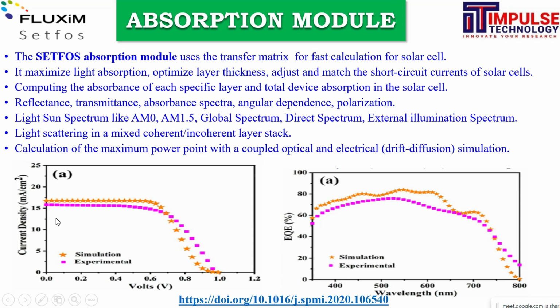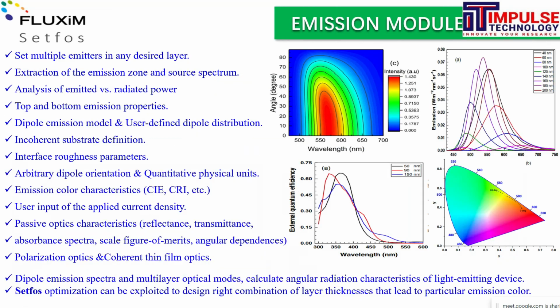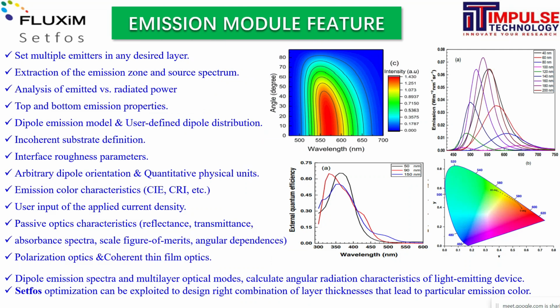So either current density, power conversion efficiency or quantum efficiency, you can get accurate results. That's why the theory-based prediction is 98-99%. You can get the expected results. That's why you can prepare the simulations before doing the experiments.